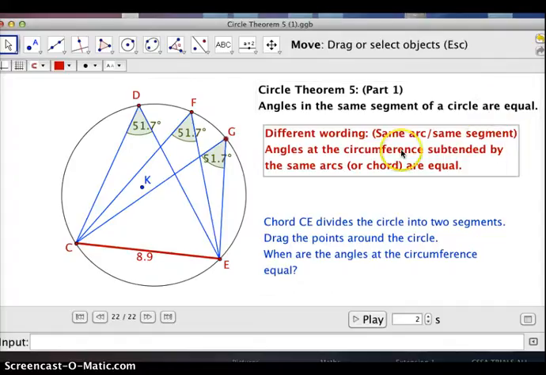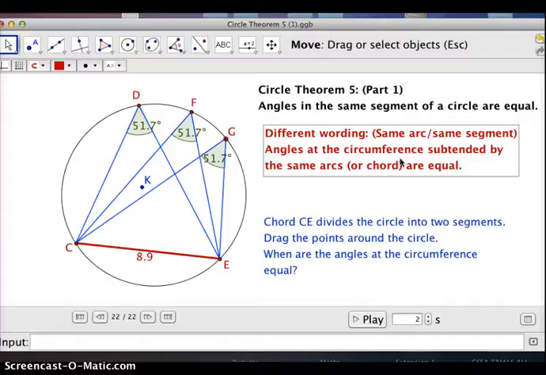Okay, now different wording. So I want you to write that first theorem down and this different wording. Now this theorem actually relates to the bottom diagram. Have you started writing? If you have, just stop. Can you write it underneath the lines? Because it relates to the second diagram. It doesn't matter. What you can do is call it number 1. And same arc, same segment, there's 2 diagrams. The same arc, same segment diagram relates to this first part 1. So here,